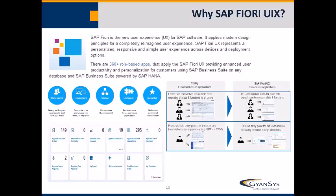It's completely disruptively innovating the user experience, moving away from the GUI transactions. Down below, I just have a small snapshot of a Fiori Launchpad. So the users won't have to remember any technical details like approve purchase orders or create sales orders with VA01. They'll be presented with fluid tiles that you can access through, and then these tiles will take you to the corresponding function-related application, and you can do your data entry, come out as quickly as possible, and move on to